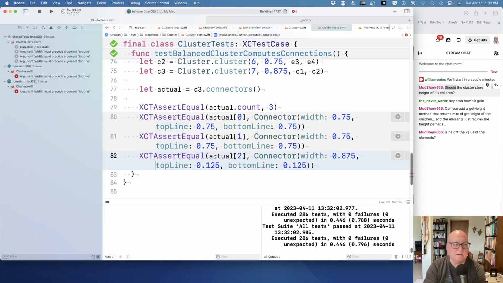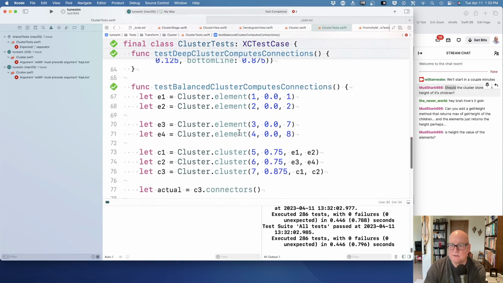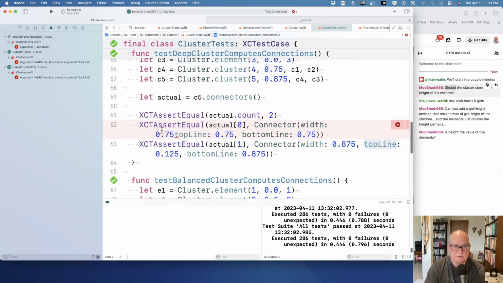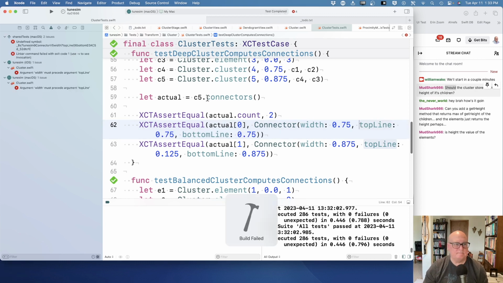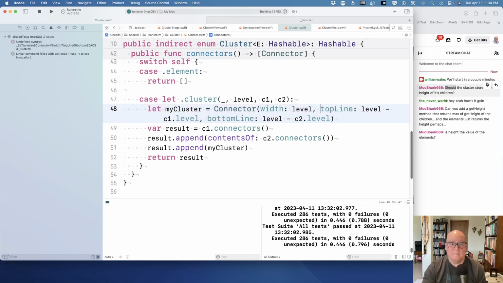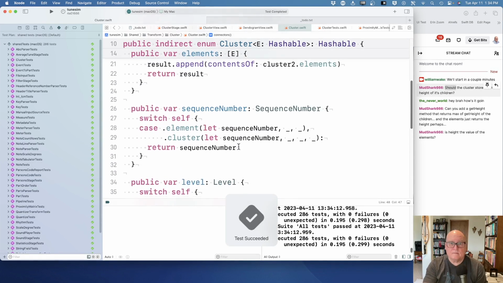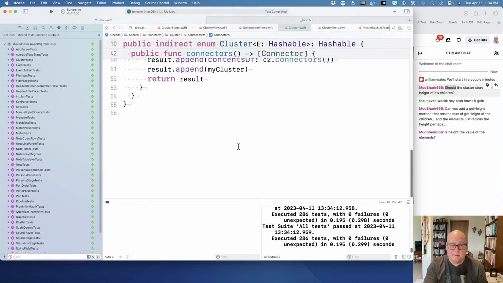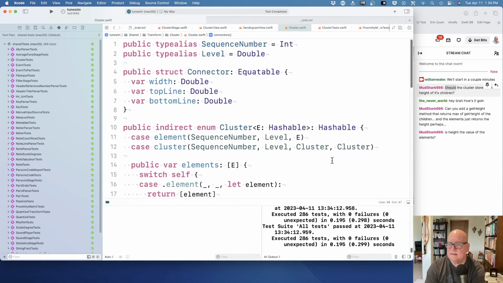All right, so that shouldn't matter. Width should proceed top line. Missed one. Okay, all right. So I get max height. Oh, if you're talking actual height, yeah, I'm getting you. I'm getting there. Return the max height of the child, and the elements return the height. Height is not